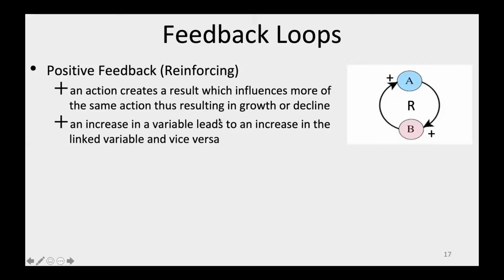So an increase in the variable leads to an increase in the linked variable. And we saw that the infectious people infecting others, and then infected increases the infectious, and more infectious infecting others. So in a COVID case, one of the dangers here is we have communities that haven't had many infections, and they may think, well, we just got 10. What's the big deal? Or now we've got 25. Well, now we've got 100. And you're saying this compounding growth means that can be deceptive. Low numbers very early on can really begin increasing dramatically.